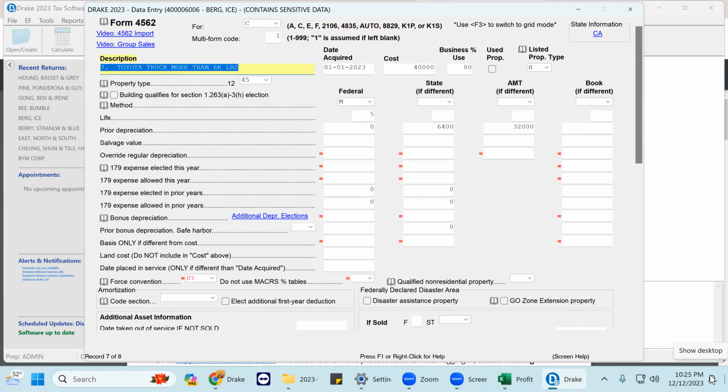Let's say they use this one to do the business, 80% for business and 20% for personal. If that is the case, then you need to calculate 80%, and then they can take depreciation, a special depreciation, which is the bonus. As you can see in here,